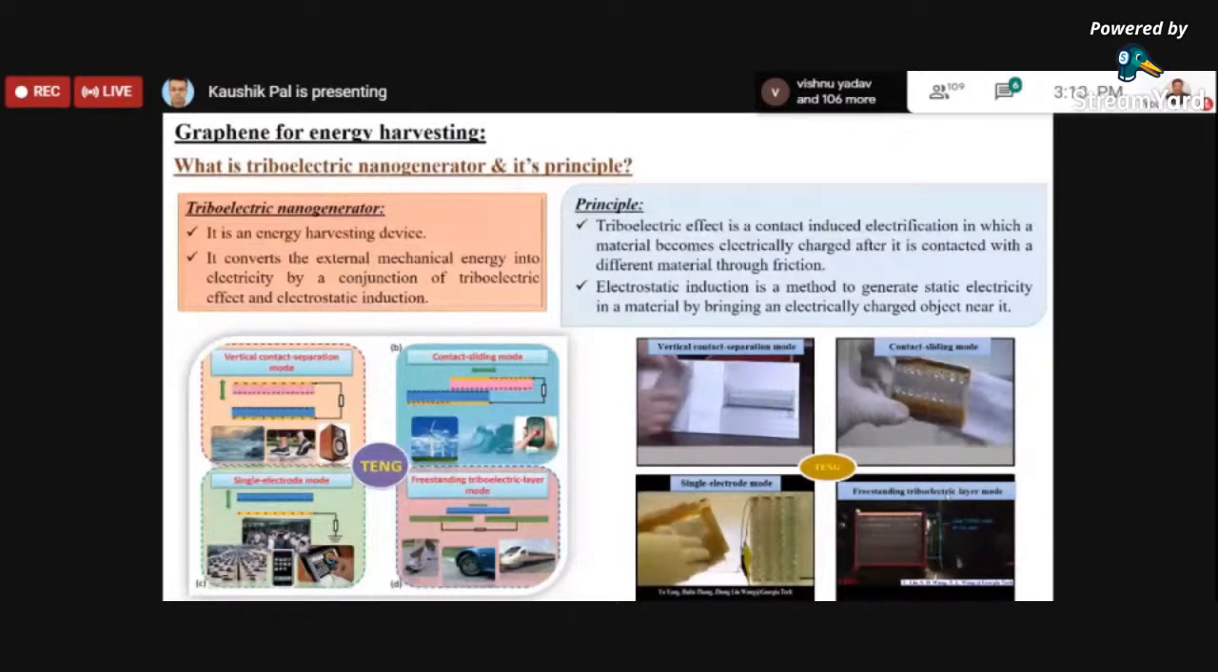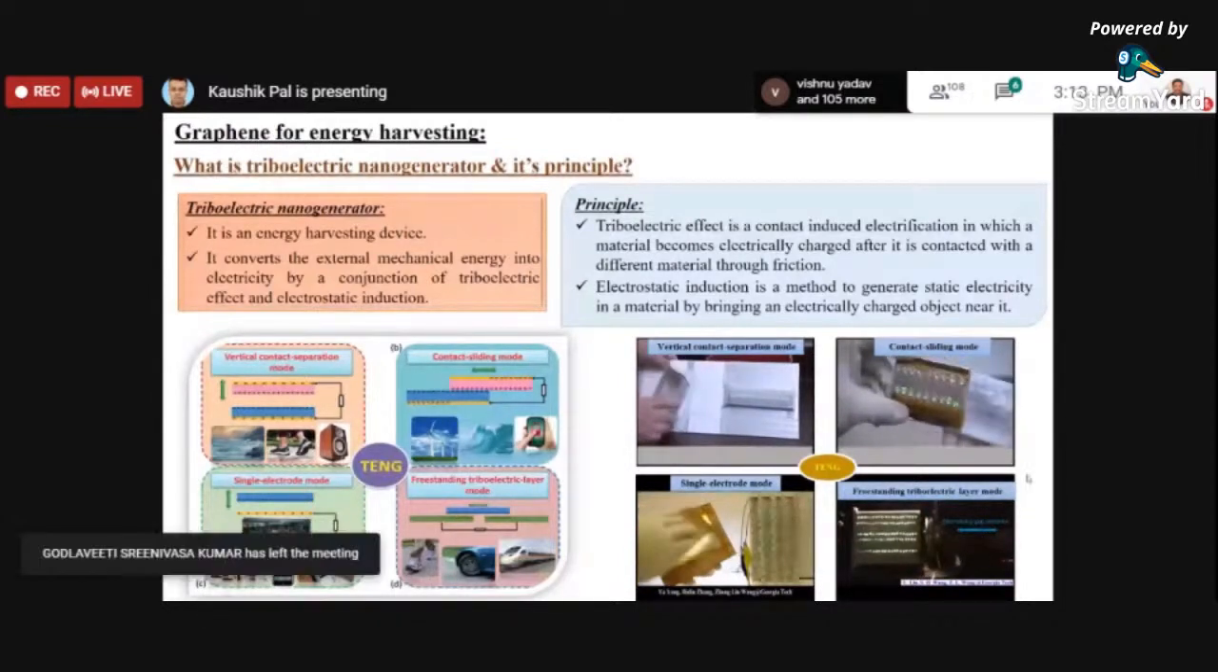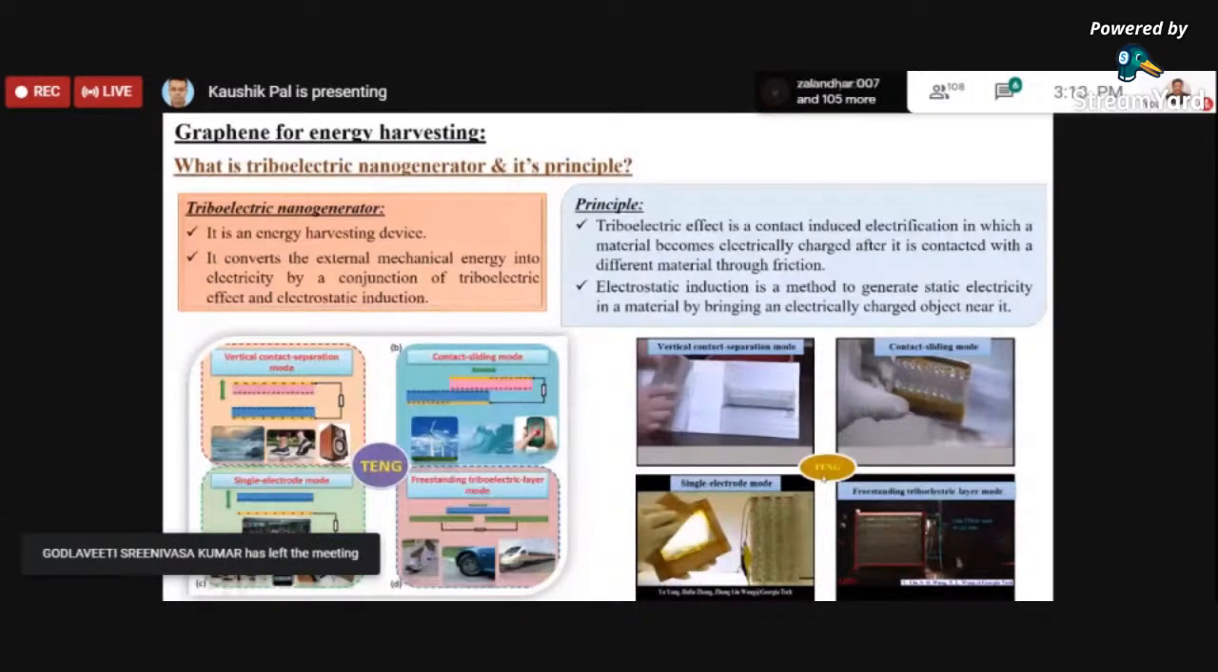Now we can see that there are four types. This is the short form, basically triboelectric nano generator, which in short is known as TENG. So TENG is nothing but the triboelectric nano generator, and there are four types basically. One is the vertical contact separation mode. One is the contact sliding mode. One is the single electrode mode. Another one is free